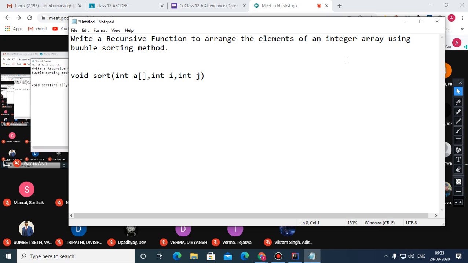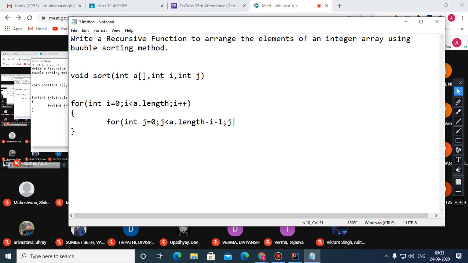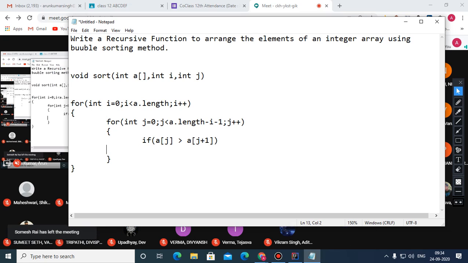And the non-recursive code goes like this. So if a of j is more than a of j plus 1, I'm talking about these adjacent elements.